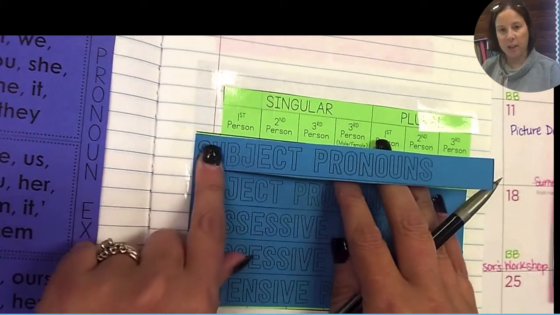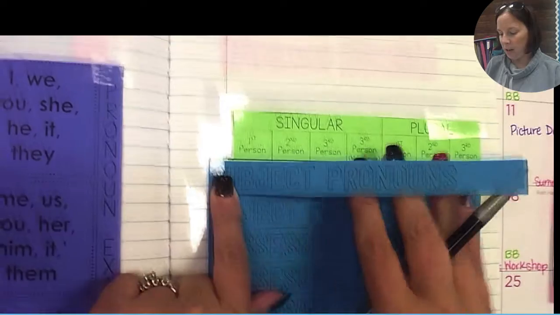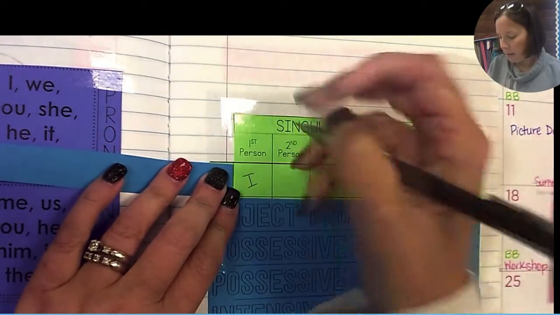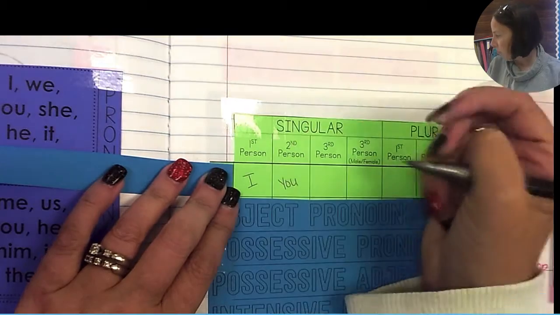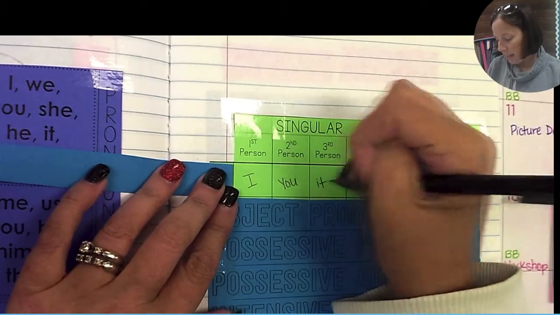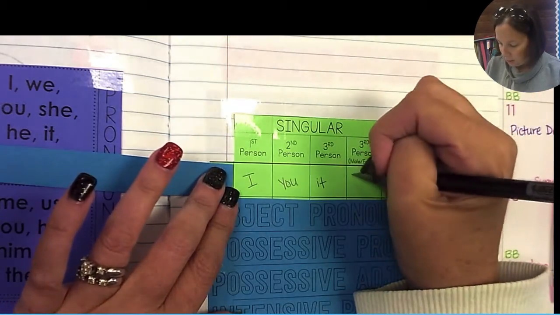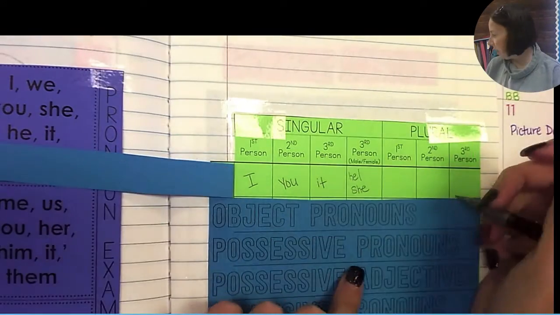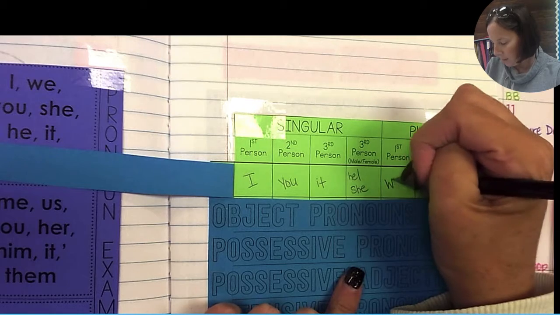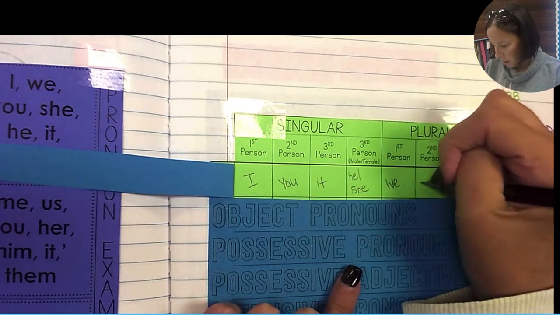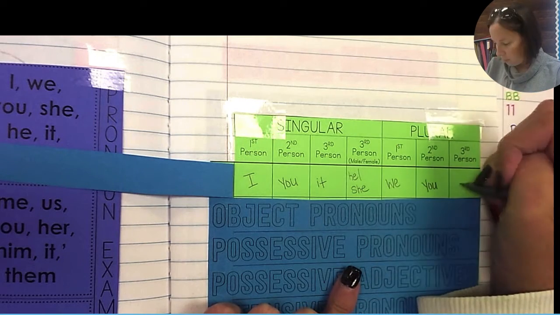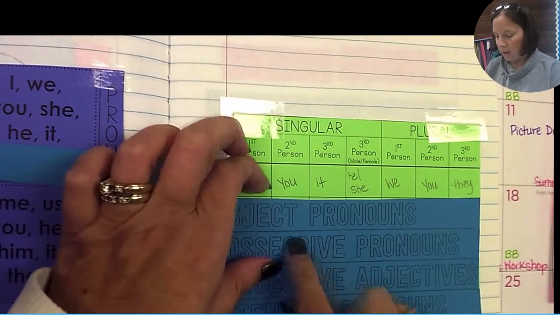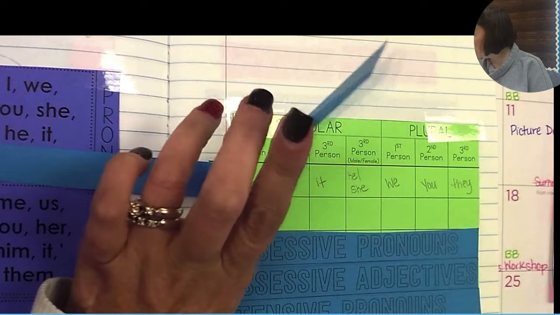If it's a subject pronoun, okay, and it's first person, it's going to be I. Second person's going to be you. Third person's going to be it. This is going to be he or she. When we get into plural, we're going to use we, you, and they. Okay? When you get to object pronouns,